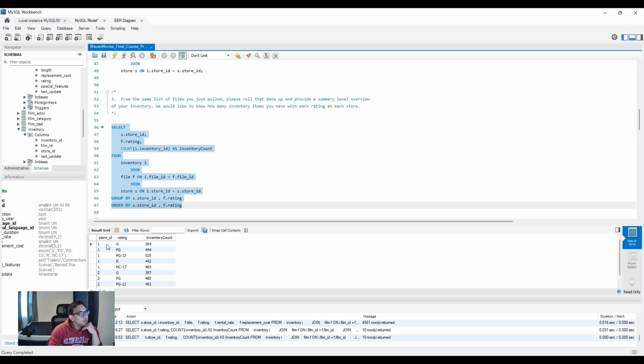Okay, there you go. So we have store ID 1 and the rating is G. How many inventories do we have? 394. Store ID 1 and the rating PG, we have 444. And then PG-13 is 425, rated R 442, NC-17 is 465. So now we created an aggregate or summary level overview of the inventory for each store and each rating. We count how many inventories. Right. I think that solved our